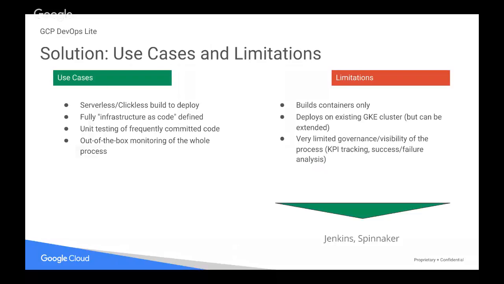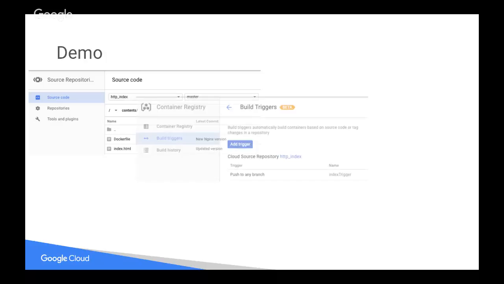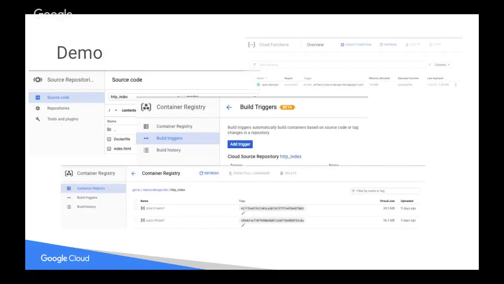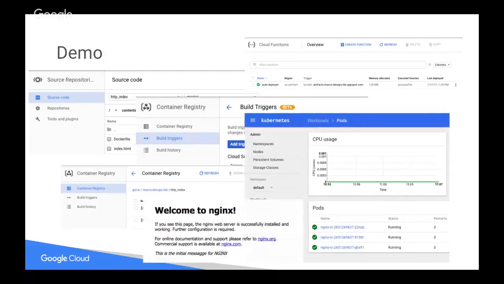So that said, we can go directly into the demo, and these are the components involved. It seems like a lot, but actually it's very, very easy. So how many tools are involved in this? To some extent, I could say for this specific demo, there's only one component involved, that is GCP. Okay. But jokes aside,